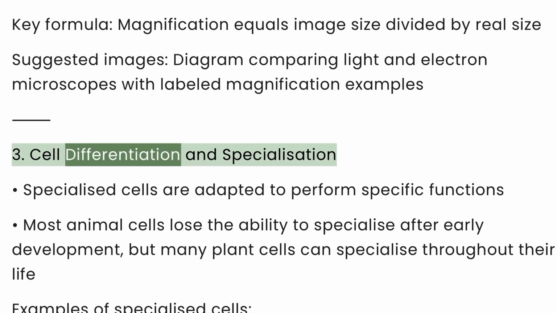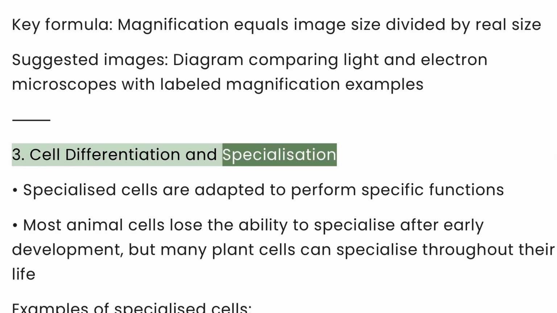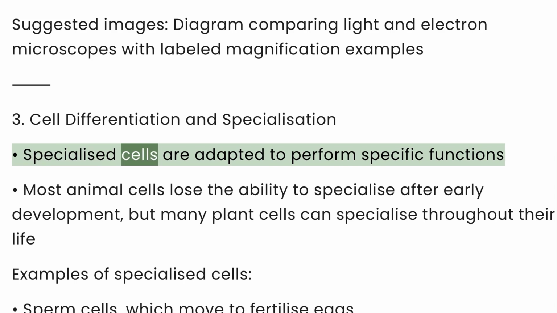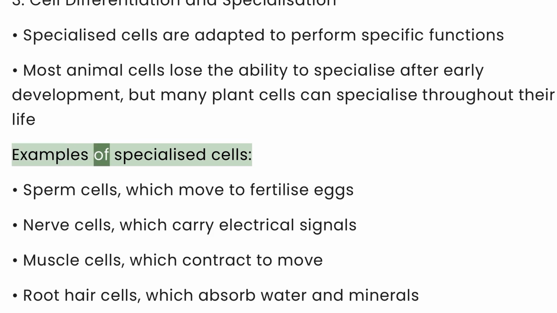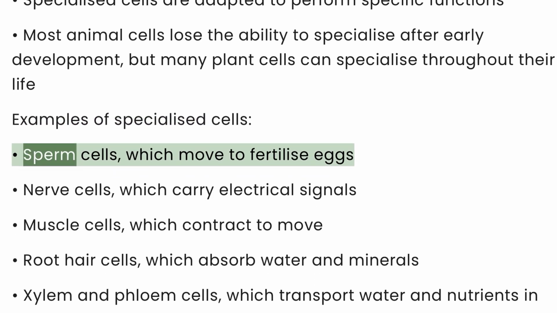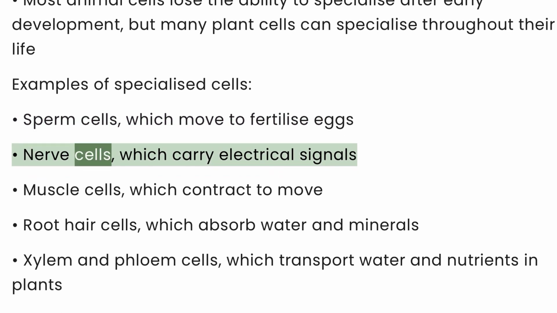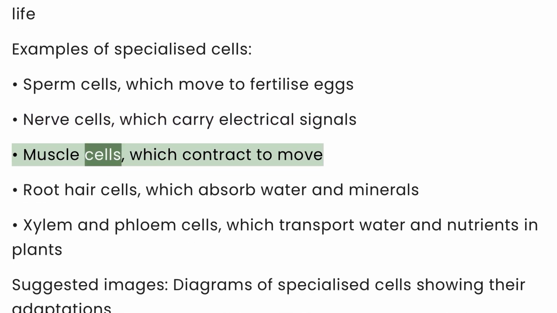3. Cell differentiation and specialization. Specialized cells are adapted to perform specific functions. Most animal cells lose the ability to specialize after early development, but many plant cells can specialize throughout their life. Examples of specialized cells: sperm cells, which move to fertilize eggs, nerve cells, which carry electrical signals, muscle cells, which